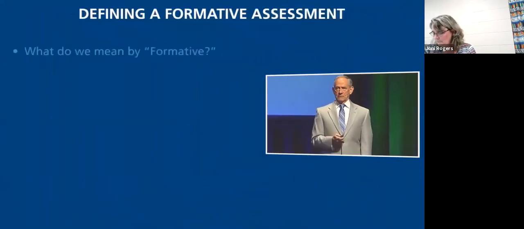Want to talk about is common formative assessments. What do we mean by that? A lot of confusion over those terms. Well, a common assessment is just what it sounds like. Students who are in the same curriculum or are expected to acquire the same knowledge and skills, when it comes time to assess those knowledge and skills, we will use the same assessment. So if it's a paper and pencil test, it will be the same test. If it's a performance-based assessment, we'll assess the same performance and use a common rubric and establish interrater reliability as we use the rubric. But what do we mean by formative assessment?